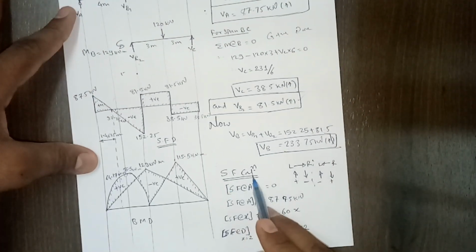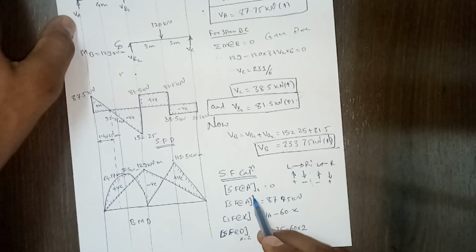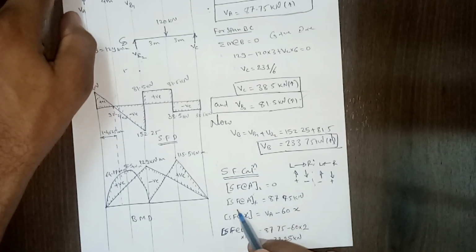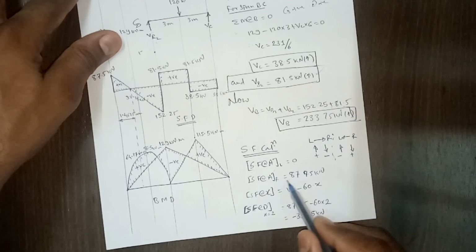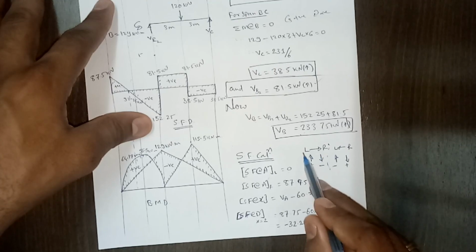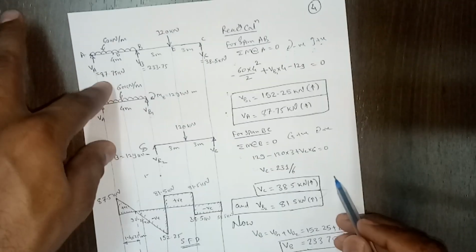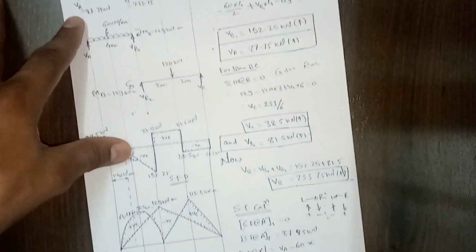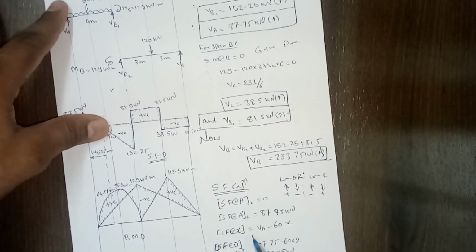So here the shear force calculation will start from, say, the A point on the left hand side. On the left hand side of point A there is no load, so the shear force at A on the left hand side is 0. Then the shear force on the right hand side: if you cross this point you will get this vertical reaction, and these are the sign conventions. So this upward force is positive when we go left to right. So the upward force at A point is positive. So that's how this is 87.5, and then